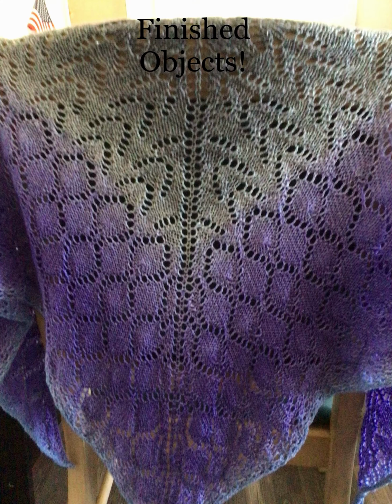So those are my WIPs. We'll move on to my finished objects today. One of them is a cowl, and I started knitting this before my son's accident, and I finished it right after I got to California. I finished it pretty much. This is it. It is knit in mohair,